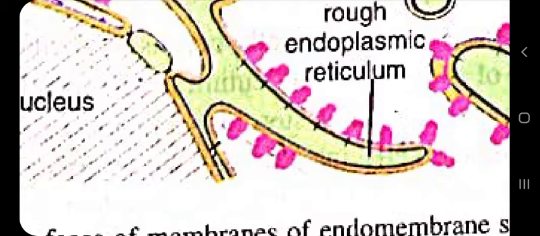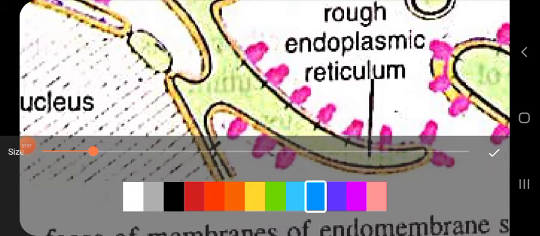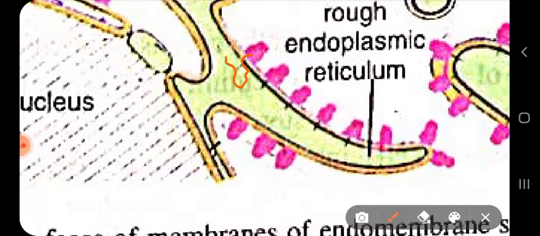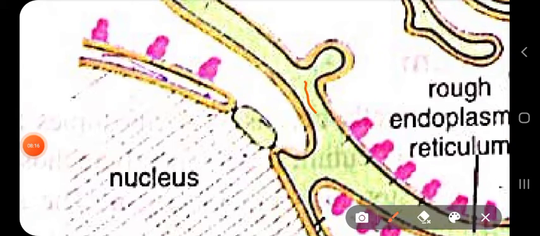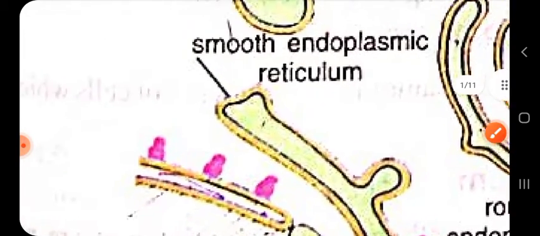So if this is the ribosome, then the proteins, as I will show you in orange color, are synthesized and inserted into the lumen of the endoplasmic reticulum, where they are further glycosylated for their stable protein conformation structure, and then, if it is a secretory protein,